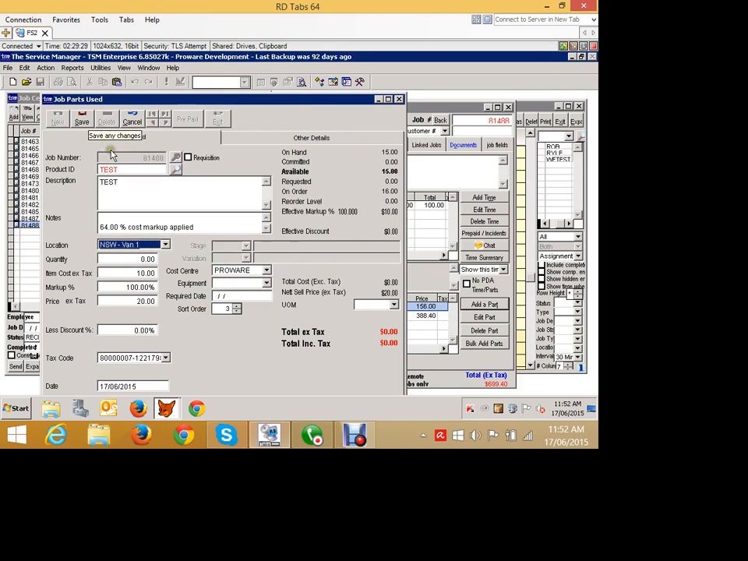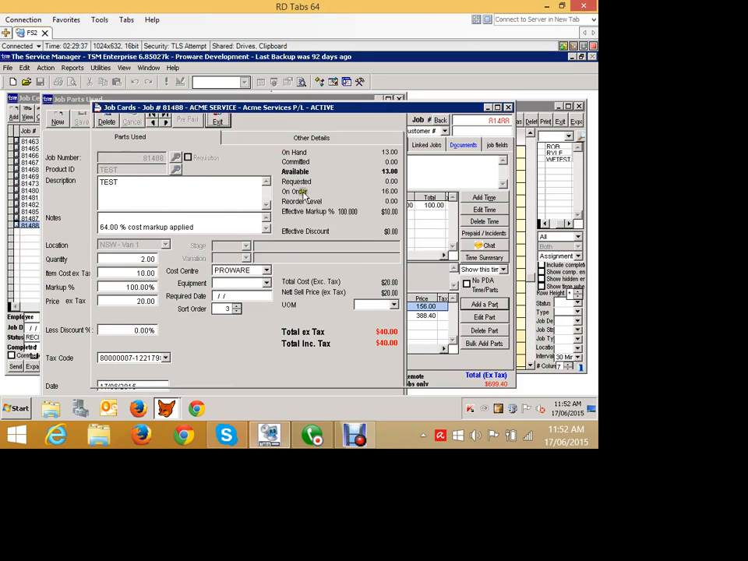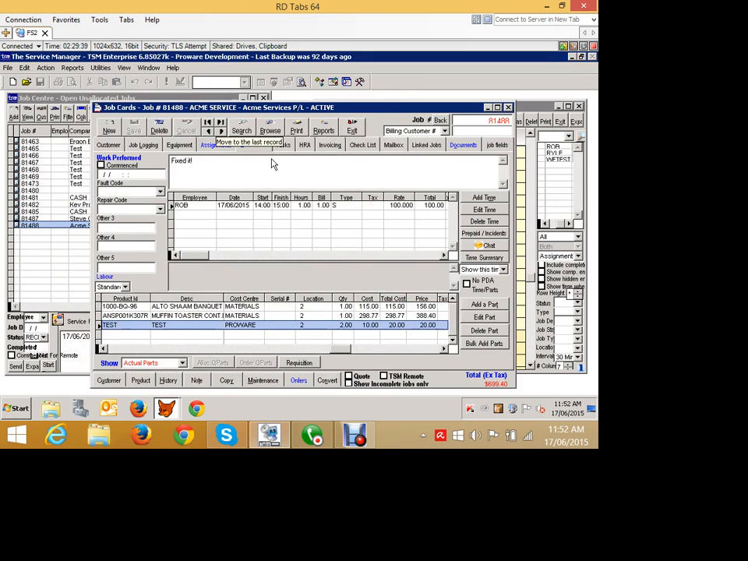There we go, I'll use one of those. Oh, I'll use 2 of those. So I can add additional parts to the job if I want to. And then what I can do is, when I've finished creating this job and everything's on nicely, I can now go in here and complete the job,